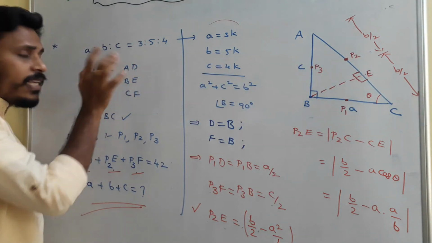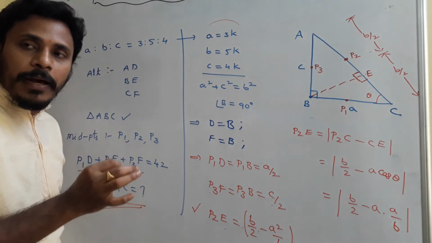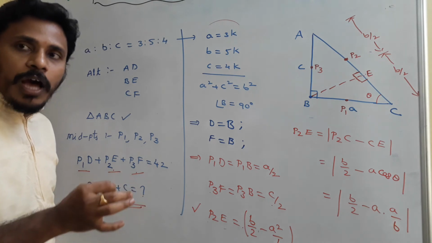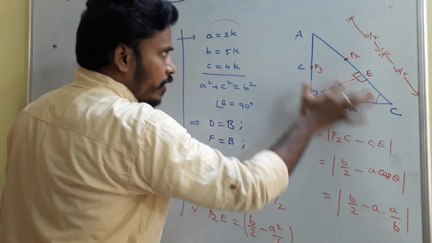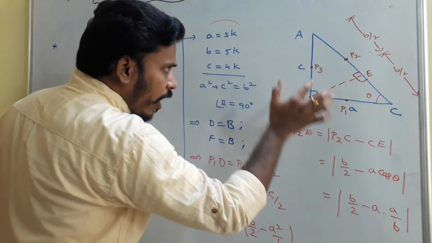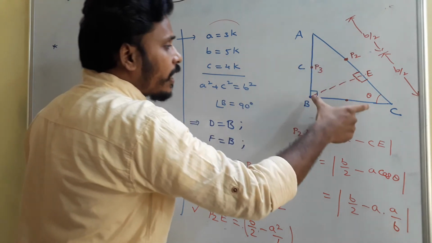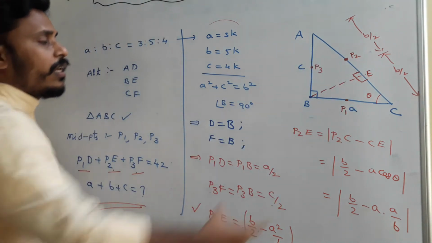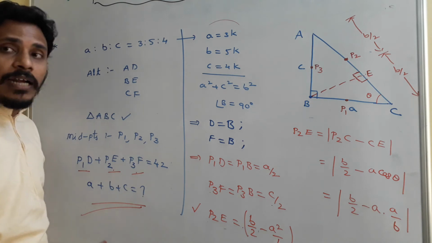And now AD is the altitude. What is meant by altitude? Altitude is the perpendicular from vertex A to the opposite side. This is vertex A, this opposite side is BC. So this AB is already maintaining perpendicularity there. And since AB is maintaining that perpendicularity with BC, this AB itself acts like altitude AD, and that's why they